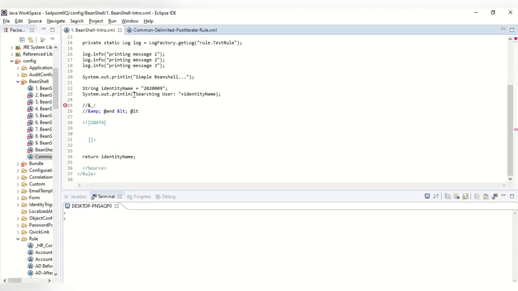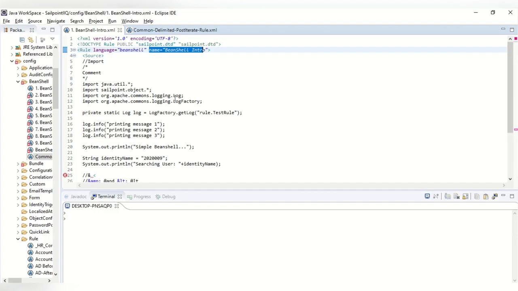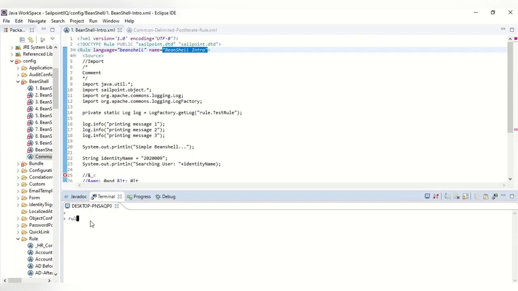So if I execute this now, I have a terminal here. Again, it's the same process. Just go to the installation path, then launch the iiq.bat. If you are on a Windows system, you'll usually just use .bat, or if you're using Mac, you can use .sh as well. So here, the rule,